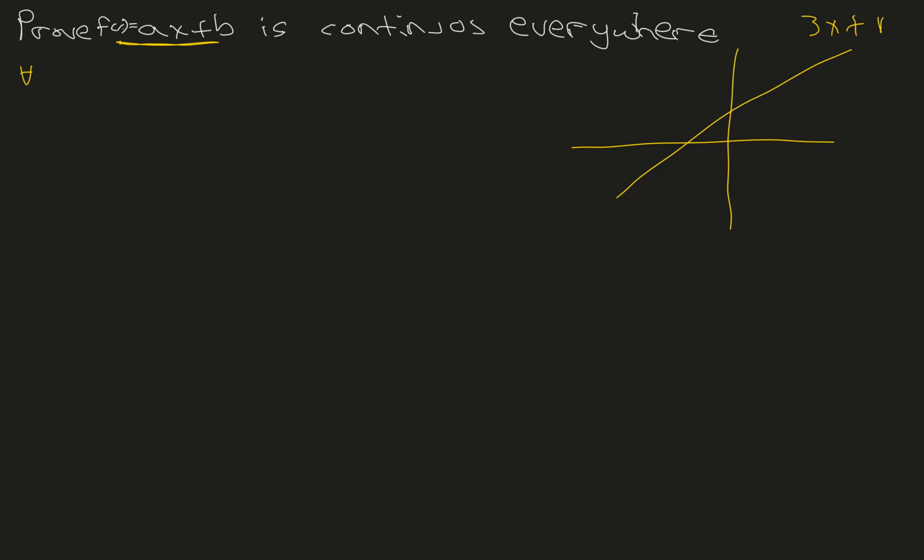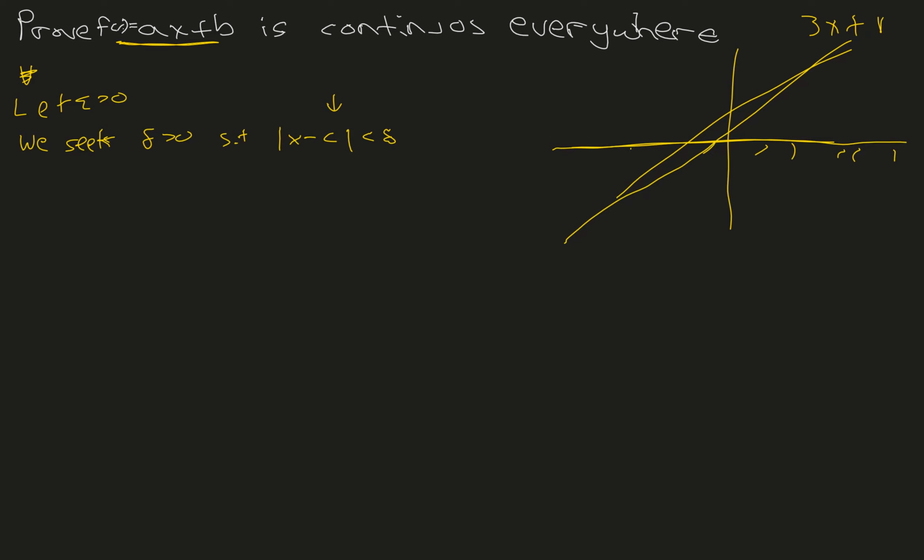Just like we did at the start of the video, we have to show the definition. So let epsilon be greater than 0. In the previous video we were showing continuity at particular points. Here we have to show that it's continuous on the whole line. So we seek delta greater than 0 such that |x minus c| is less than delta, where c is any point in the real number line,